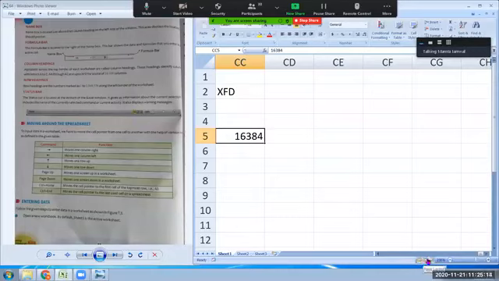Normal view is there, page layout button is there, and page break preview button is there, and then there is a zoom slider. तो आपका जो स्टेटस बार है, स्टेटस बार पे क्या रहता है? Status bar gives you the information about the current selection including the name of the currently selected command. Okay, right now it is Ready.